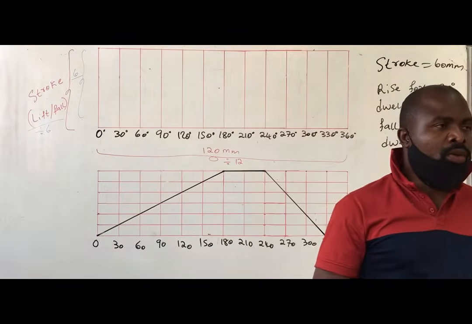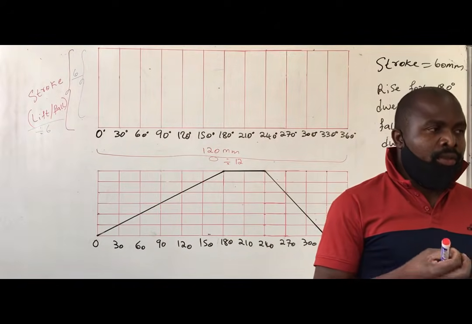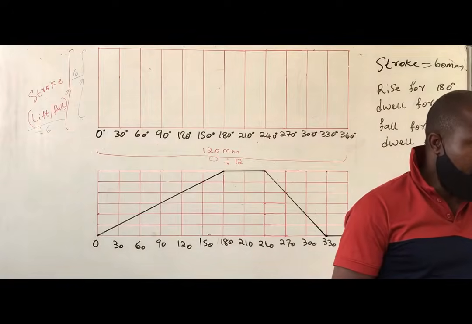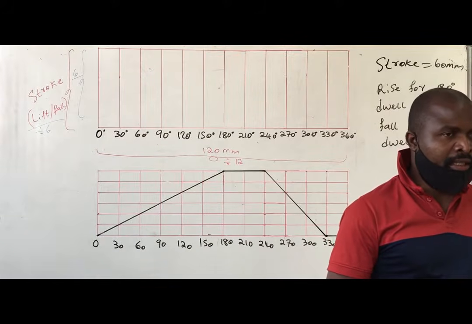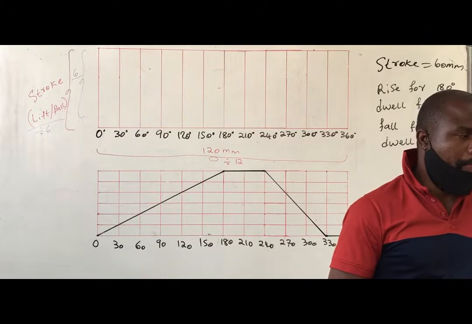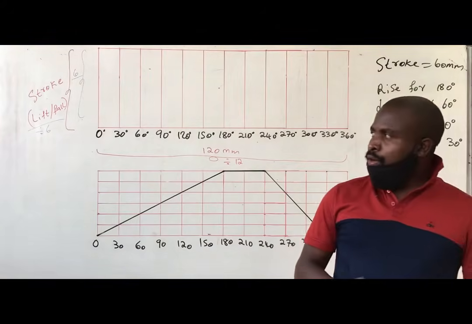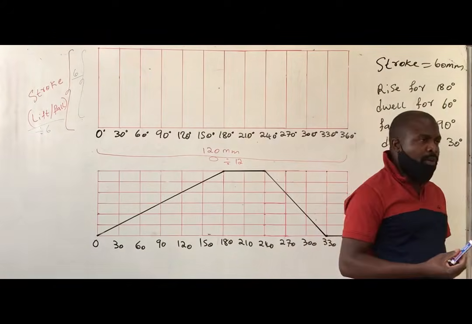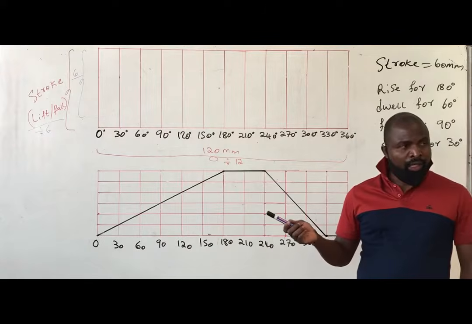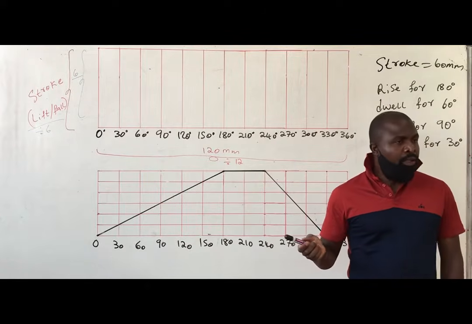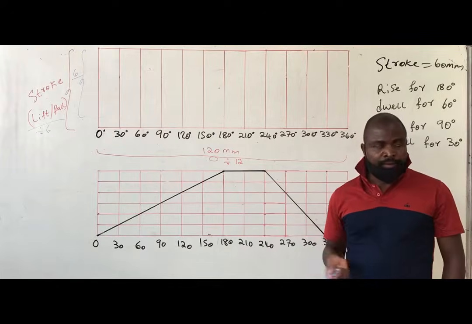Now we are going to draw uniform acceleration retardation. You cannot draw a uniform acceleration retardation if you do not know how to draw a constant velocity. Back to mathematics. For you to calculate constant velocity, you must first calculate, you must derive